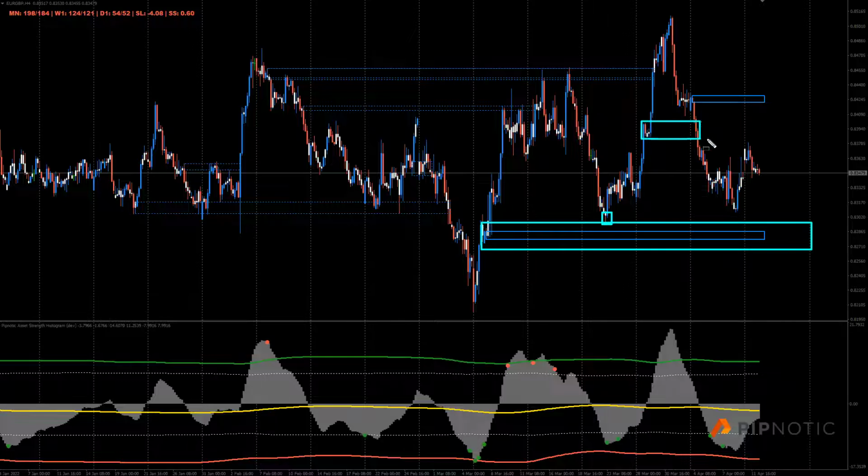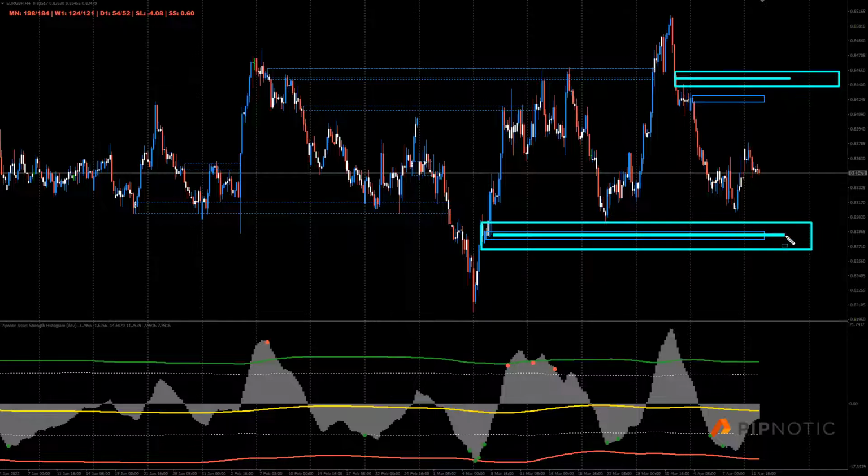And above price, we had this here. Price tested it, and now it's been removed. The area that removed it is somewhere up here. So I think we're going to have a bit of a tough time moving through this and moving through this. Not meaning that it won't happen, because it absolutely positively will move through those areas, but we're going to